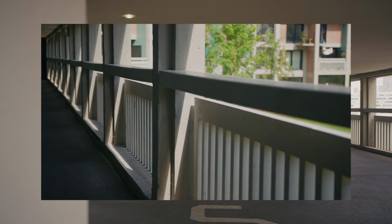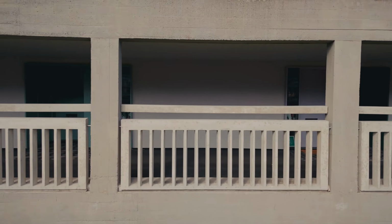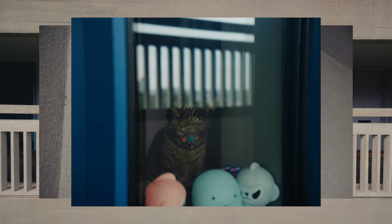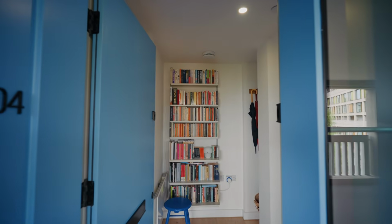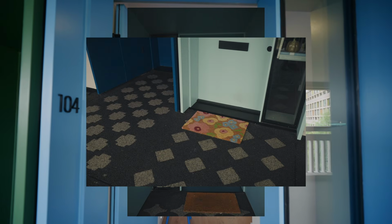I guess from a social point of view, one of the big things was the streets in the sky, and in the original design they were always designed to be social spaces, places for people to meet, children to play, wide enough to drive a milk float down. So we really wanted to keep that sense of a street in the sky. We've introduced full height glazing into the front doors, and that really allows you to then see in and out. We've given each flat its own colour and its own front door mat,